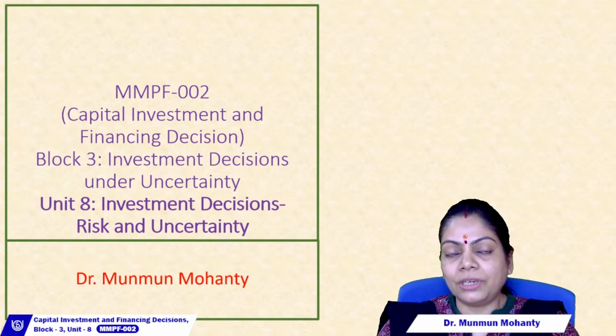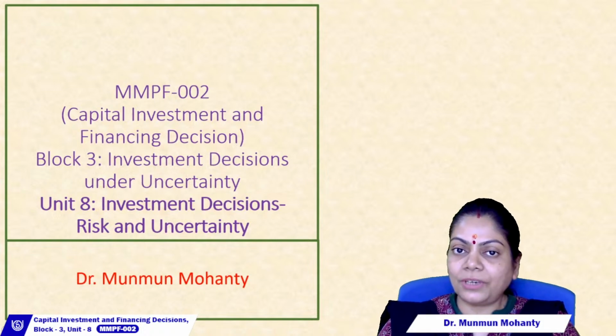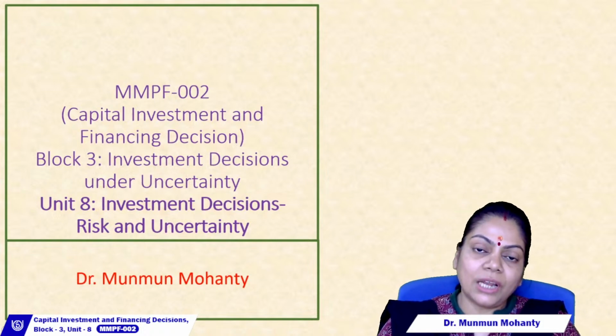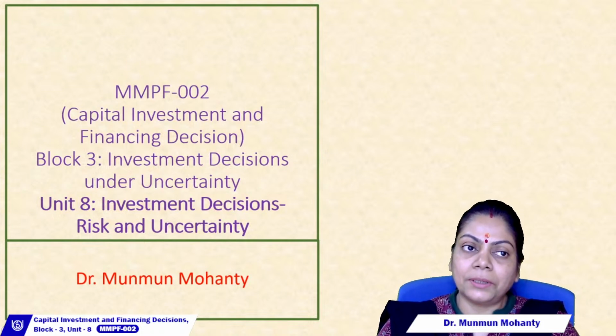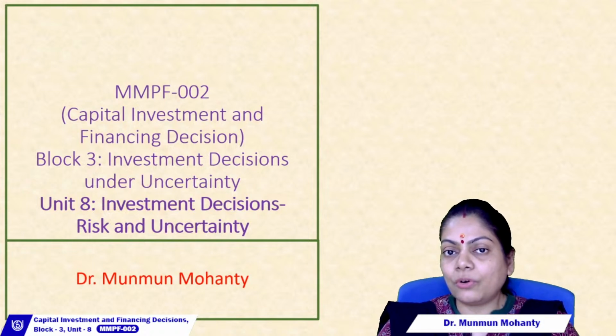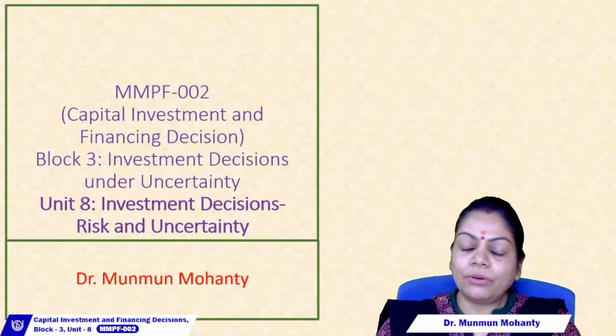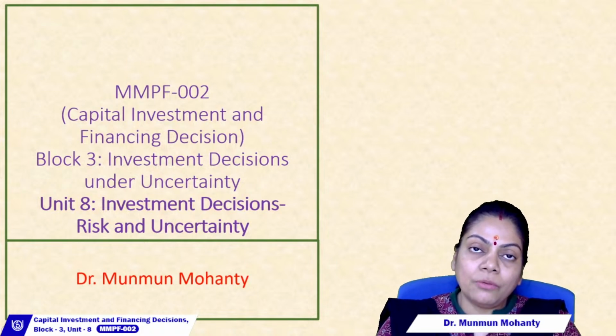In case of NPV, we use the cost of capital, or K, to discount the cash flows. And in case of IRR, we compute the rate of return and then compare it with the cost of capital to take a decision of whether to invest in this particular project or not. Now, this cost of capital K is calculated through